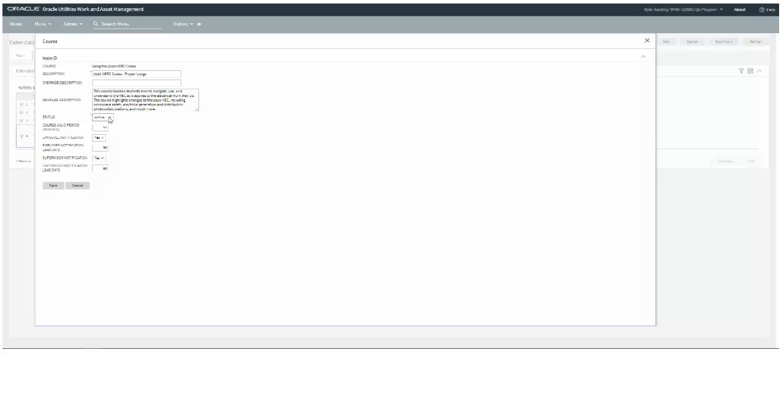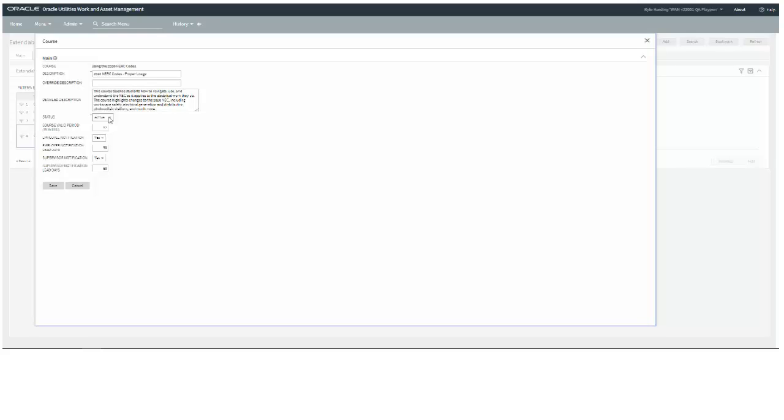So the system uses that valid period to calculate the expiration date when this particular course is associated to an employee record. Right? It takes the effective date of the course, adds the valid period, and comes up with the expiration date. And the final four fields are related to some of the system communications that can automatically happen as